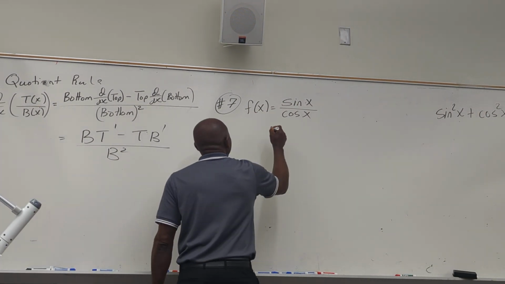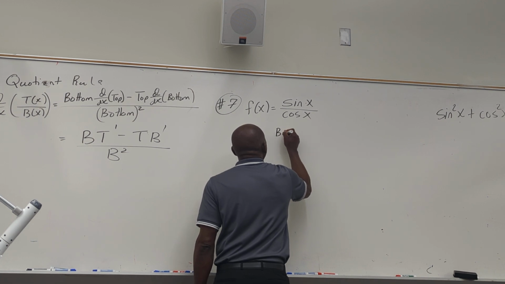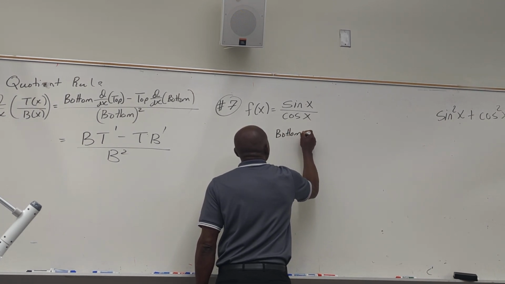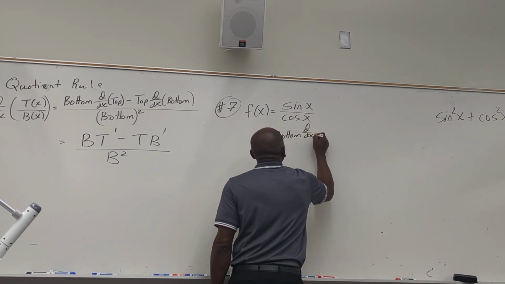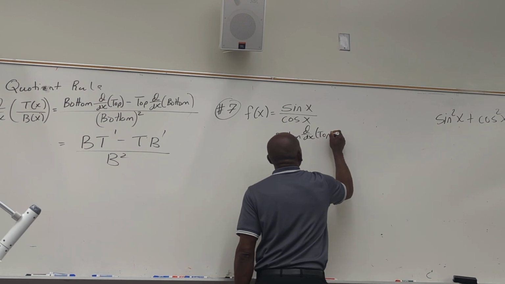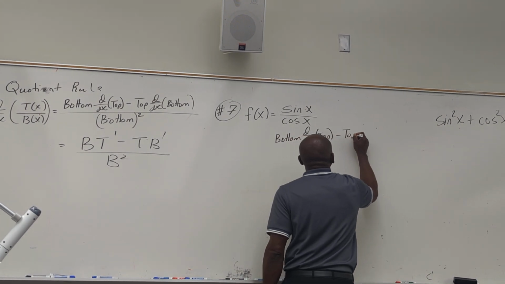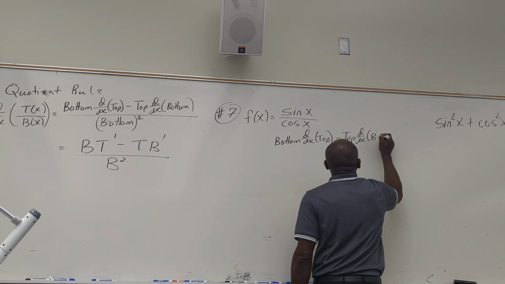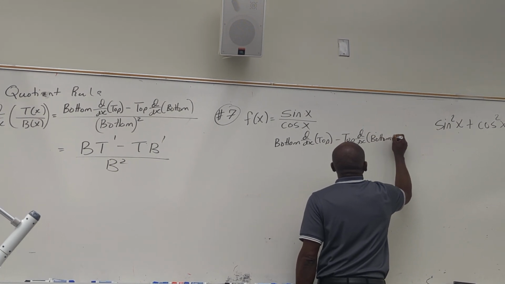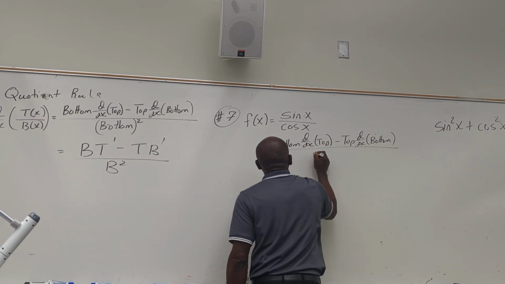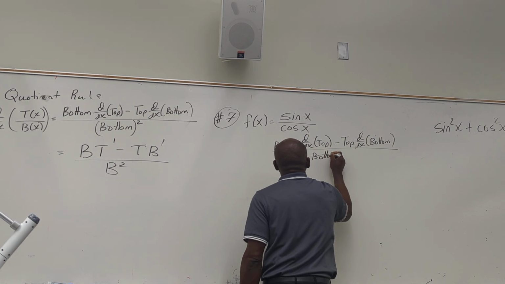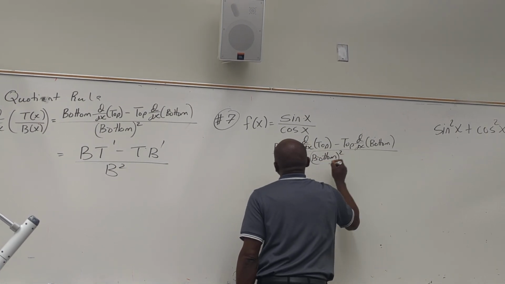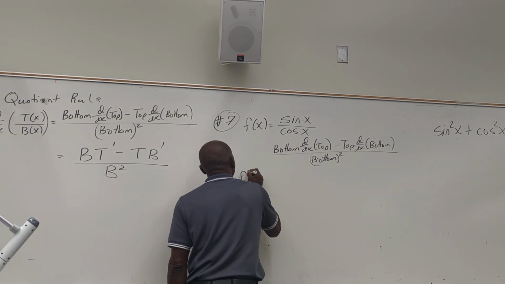So that means it's like being the bottom times the derivative of the top, minus the top times the derivative of the bottom, all over the bottom squared. So we have f prime of x